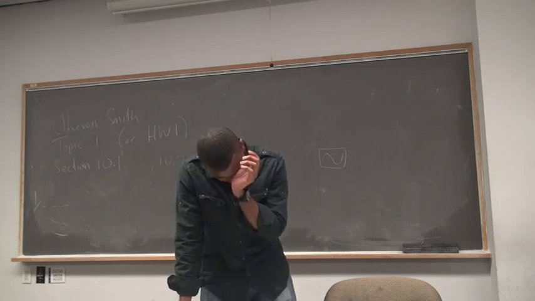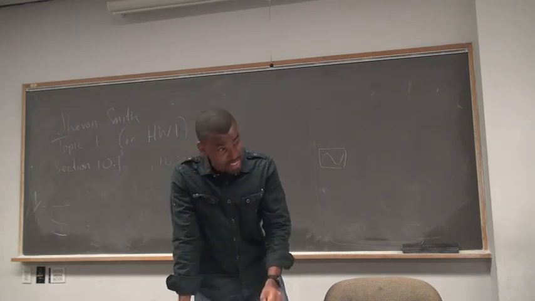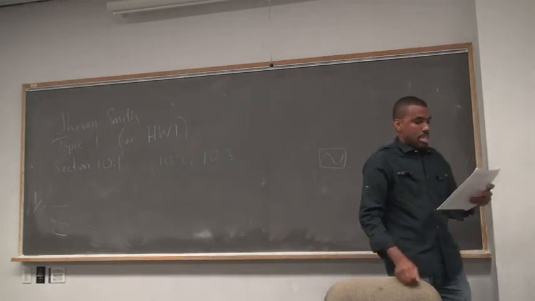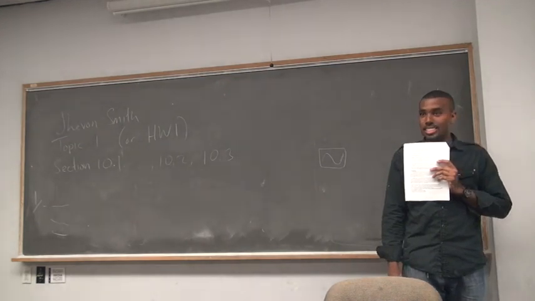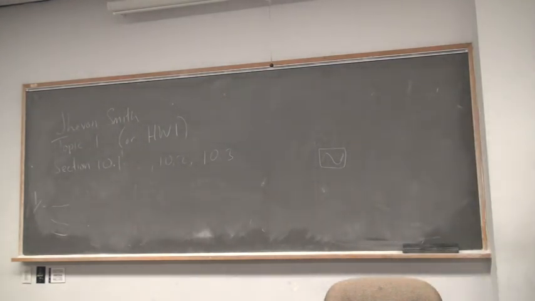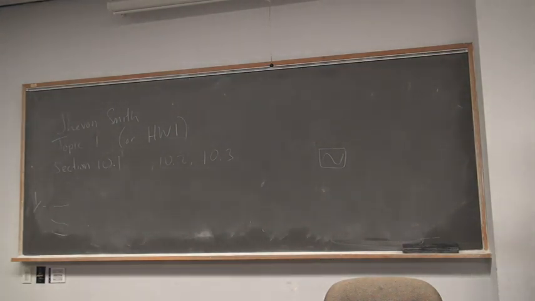And now we have the mantra for the class. Something I expect you to repeat to yourself 10 times a day. I will not cancel across sums. Does anyone know what cancel across sums means? Something like this, right? So if I have like 2x plus 5 divided by 2, and then you do something like this, and say that's x plus 5. You cannot cancel. Why can't you cancel? There's a sum. There's a plus sign, right? There's a plus or a minus sign between two terms. You cannot cancel across those terms. If you do that, it's a very serious offense, right? So I will not cancel across sums.